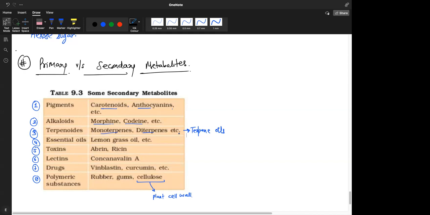biomacromolecules. All amino acids make what? Proteins. So we'll study about proteins. All the sugars make what? Carbohydrate, which is called polysaccharide. So we'll study about protein, polysaccharide, fat metabolism, and nucleic acids, and then their digestion, their metabolism in the body. Okay. So if you understood the basics now, the next part is not going to be very easy, but you will connect to it with much ease. And then in the end,